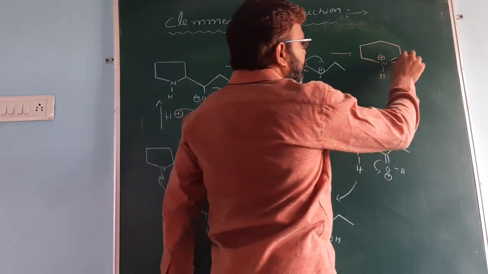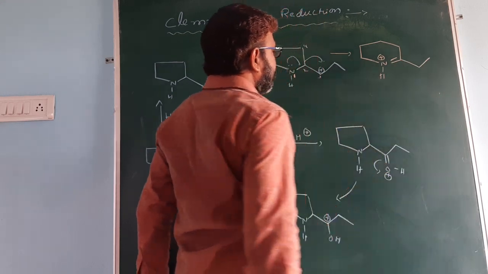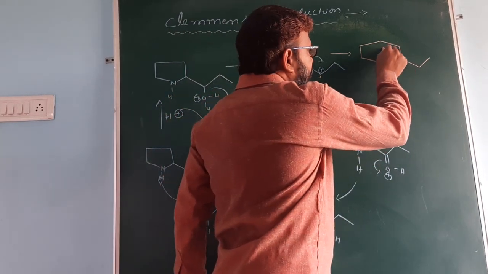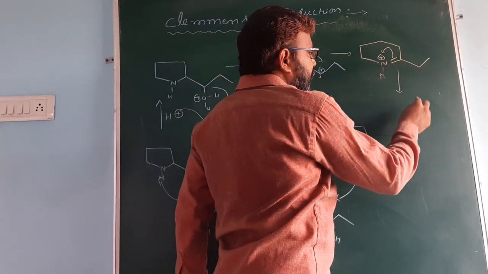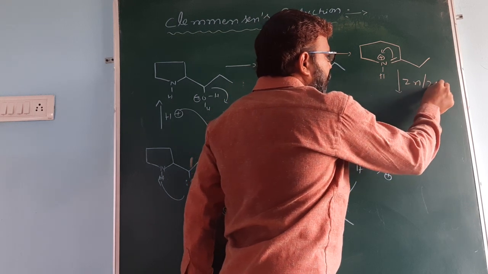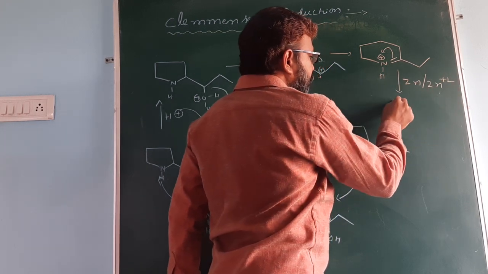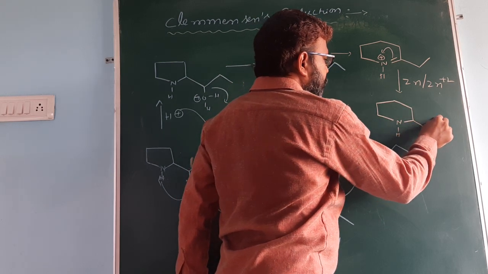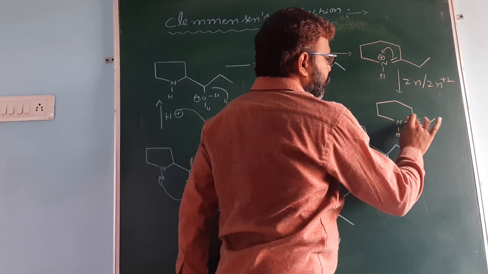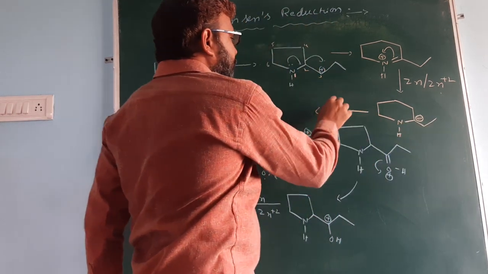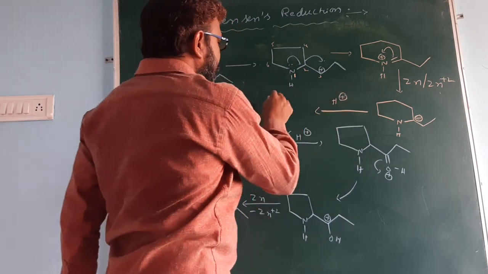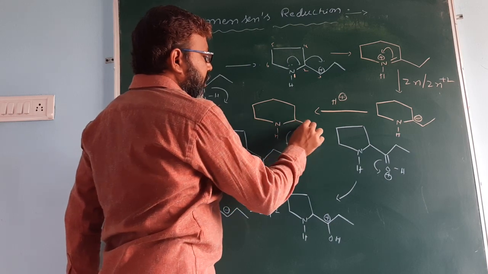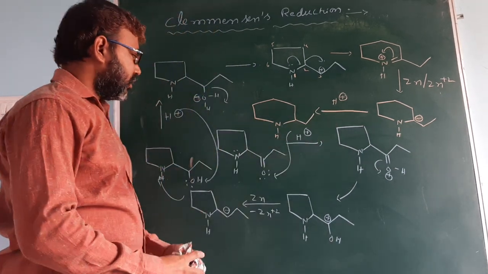Okay. You get this one. So nitrogen has positive charge. It is unstable. This bonded electron shifted to here. This carbon has positive charge. Zinc donating the 2 electrons, it is converted to Zn plus 2. So acid donating the H plus ion. The H plus attacks here. You get the ring expansion product. So here ring expansion takes place. You get this product.